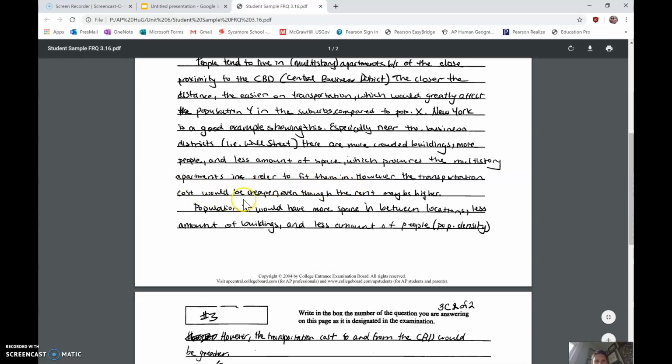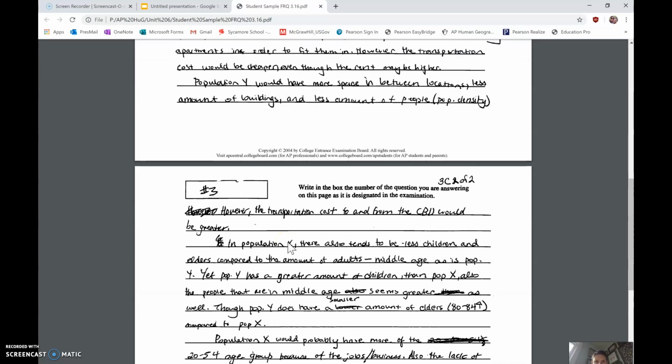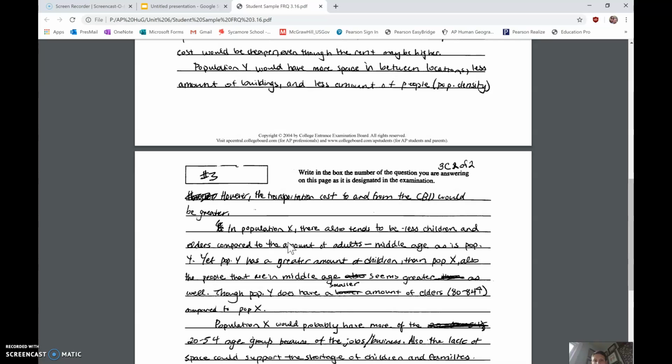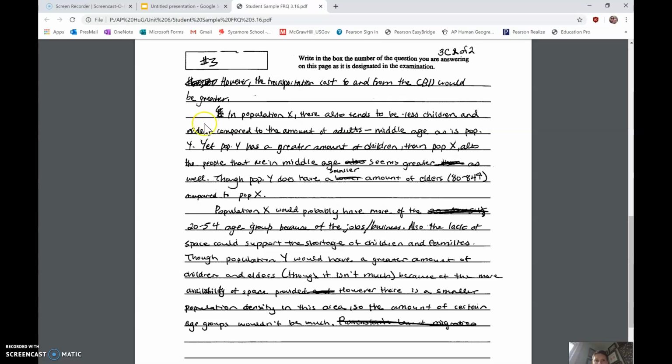However, the transportation cost would be cheaper even though the rent may be higher. Population Y would have more space in between locations, less amount of buildings and less amount of people, so lower population density. However, the transportation costs to and from the CBD would be greater. In population X, there also tends to be less children and elders compared to the amount of adults. Middle age is